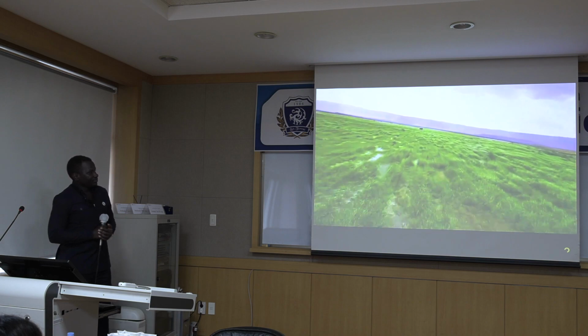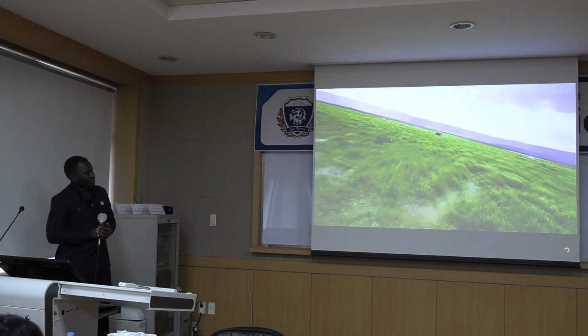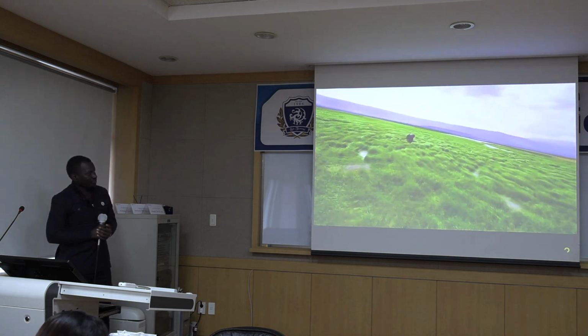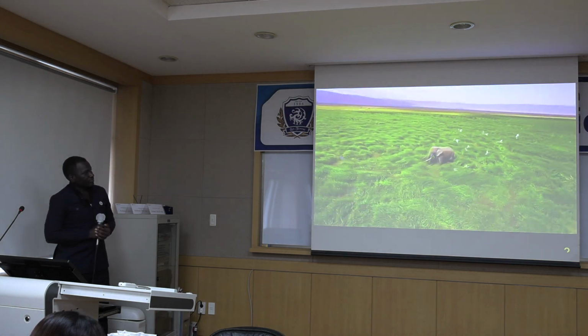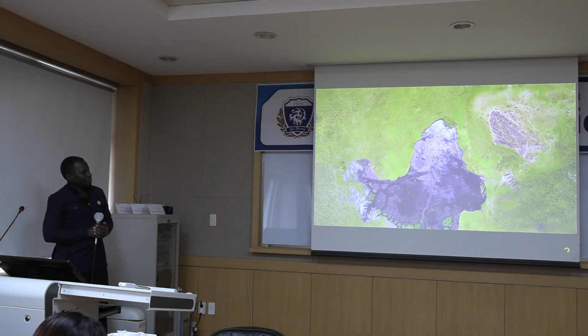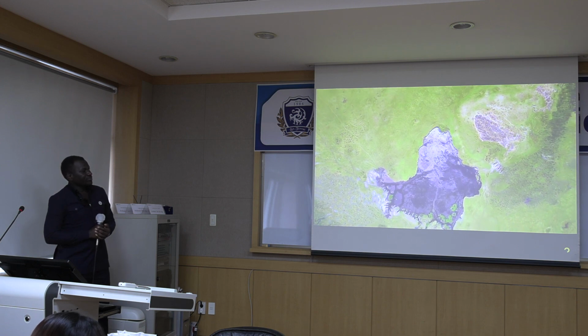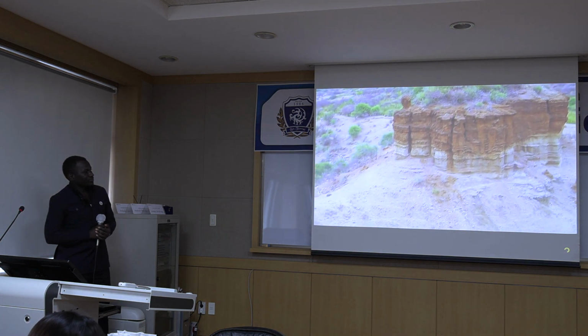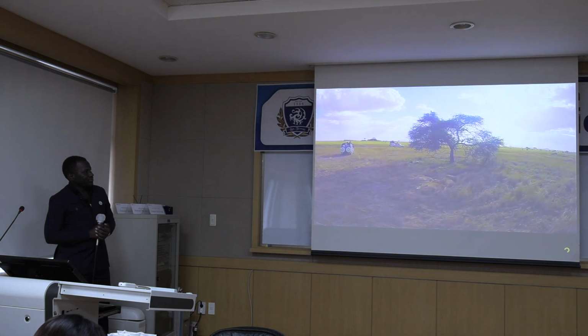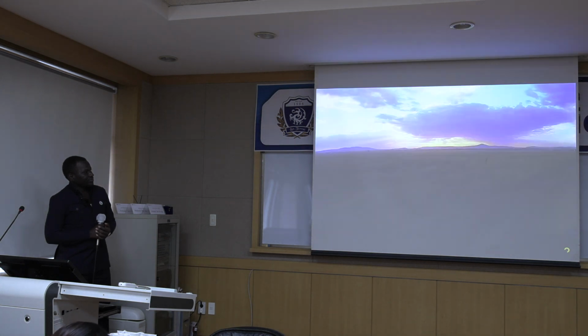Just 10 minutes from the entrance, there's a viewpoint where you can see an incredible panoramic view of the entire Ngorongoro crater. It's hard to believe that this huge area was once an active volcano. You can drive to the edge of the crater and then descend 600 meters to the floor, where you'll encounter a wide variety of animals. It truly is a remarkable sight.